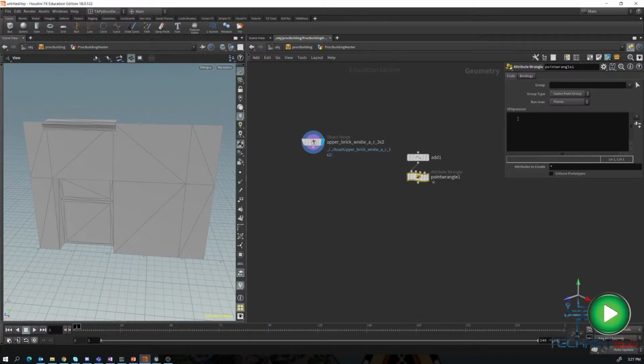So since I'm going to be adding a normal and I want the normal to point in the Z direction, I'm just going to take it like this. I say @N equals set(0, 0, -1);